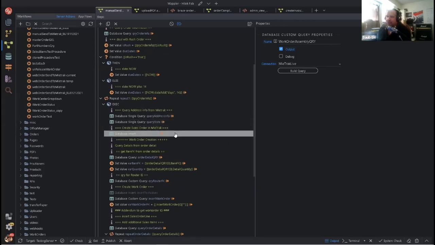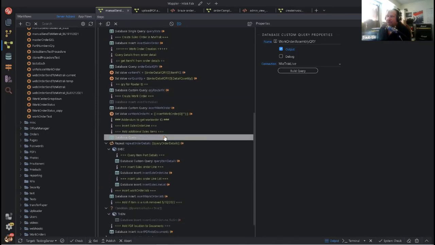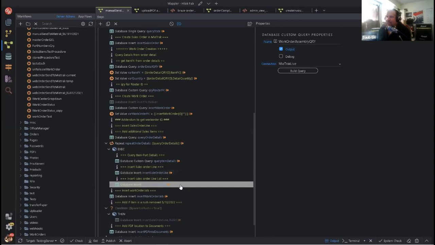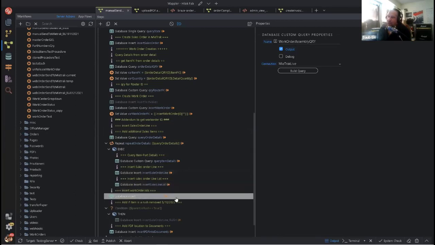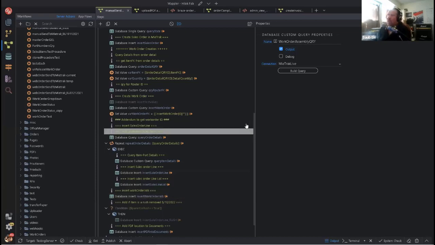I insert the sales order. I query the details. I insert the sales order line. Sales order line lot. Insert the work order job. There's a bunch of different things. I have to manually insert each of those things within their database, and sometimes I can use stored procedures to do that. If that makes any sense to anybody.